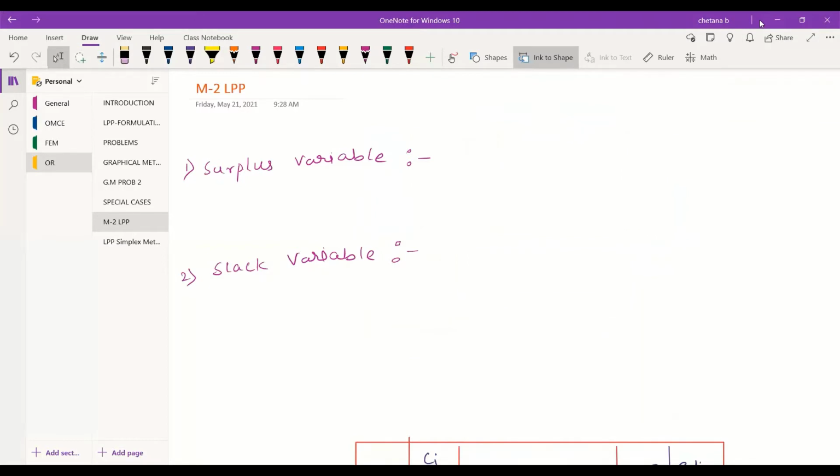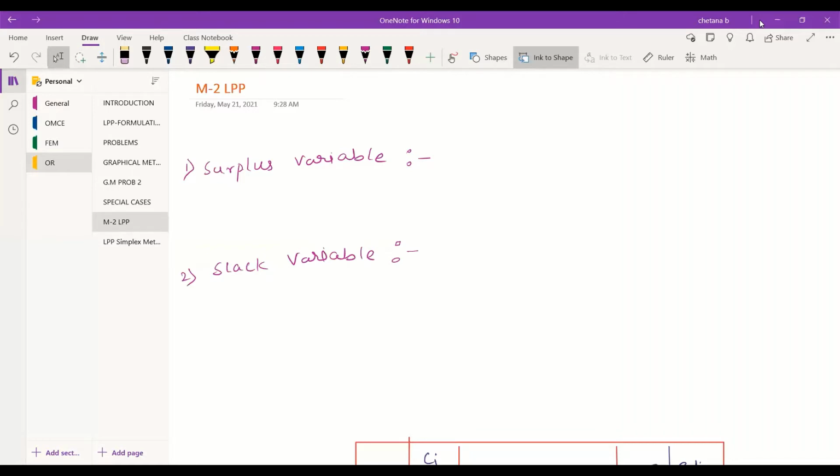So what is the surplus variable? It is a variable subtracted from the left hand side of the constraint if you have greater than or equal to symbol, and is converted to equalities. Again, these variables we use to convert the inequalities to equalities.